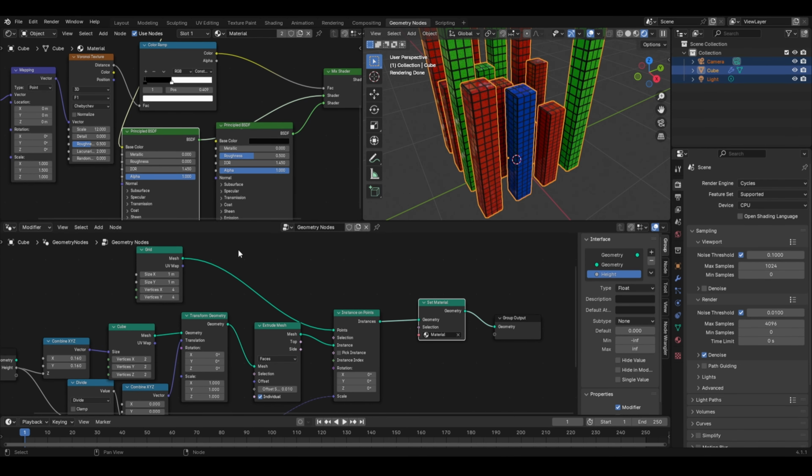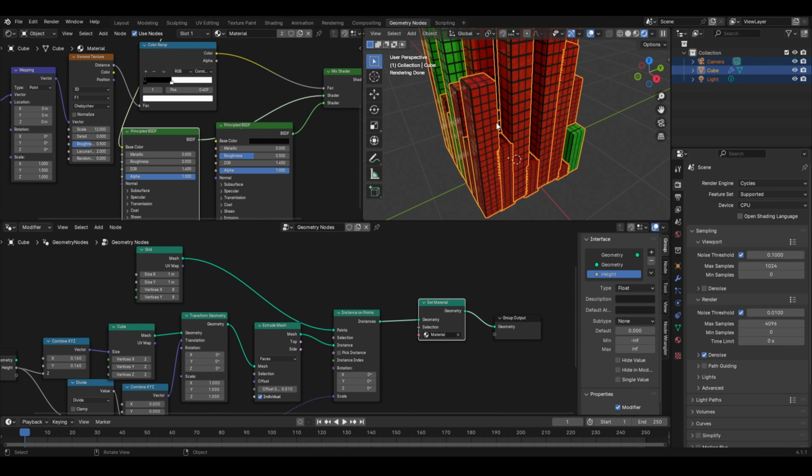But if you remember, we added this grid or the plane and used the Instance on Points to add these cubes at the position where the points or the vertices of this plane were located. As a result, whenever you want to increase the number of these buildings, you can simply go to the vertices option here, and right now their value is 4, but suppose you want to increase it to a higher number like 8 or 10, then the number of these buildings will increase,